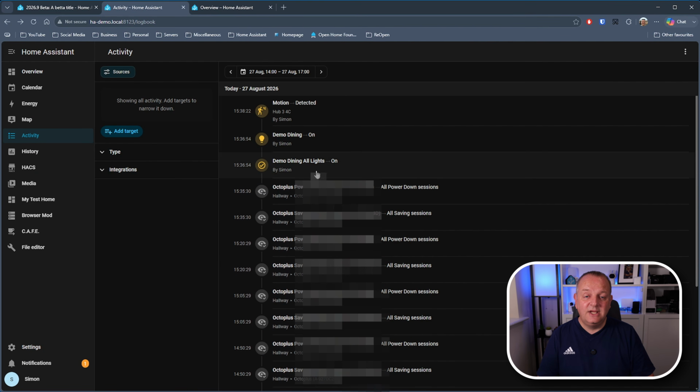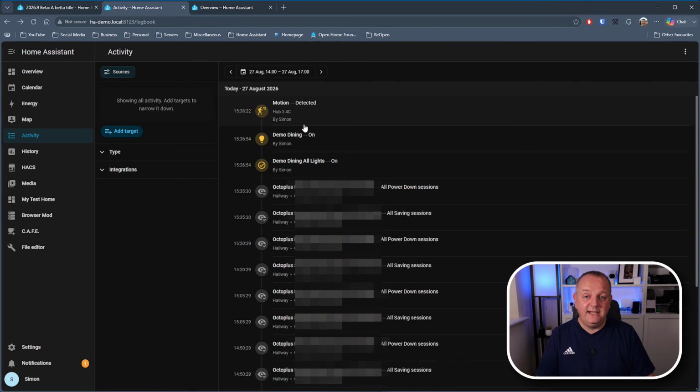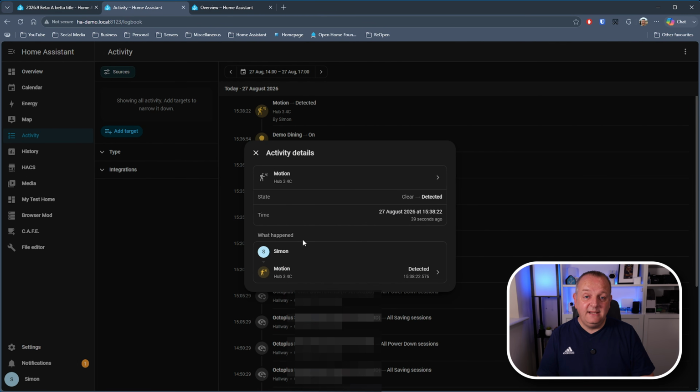You can see what started it, whether that was a person, a state change, a schedule, an integration or a restart, then any automations or script it passed through, and finally the resulting change to the entity. I think this is going to be particularly useful when you have several automations that can control the same device. Rather than guessing which one turned a light on, you should now be able to follow the chain and see